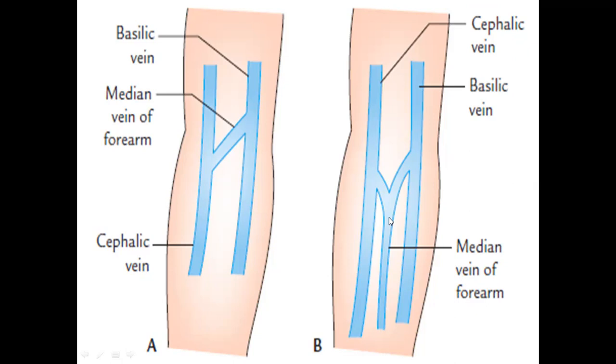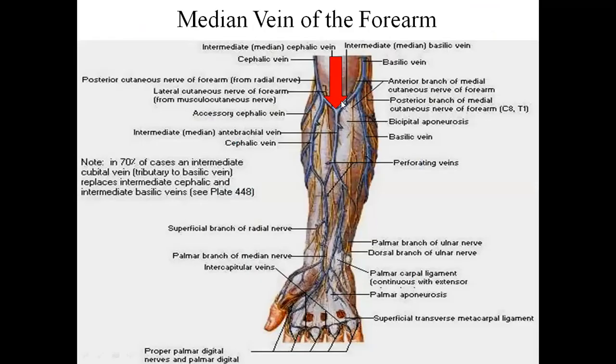So this is the median vein of the forearm, which is opening here into the median cubital vein. See, this is our median cubital vein, and this is sometimes found, not always. You call it the median vein of forearm. All the veins are very clearly shown here, isn't it? Towards the thumb, you have the cephalic vein. Towards the little finger, you have the basilic vein. Connecting them, you have the median cubital vein. Draining into the median cubital, we have the median vein of the forearm.